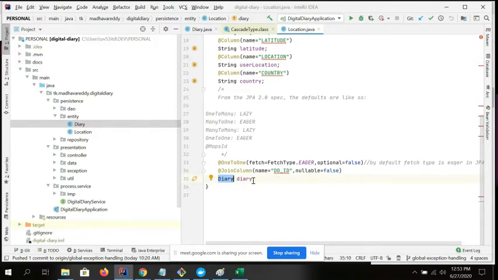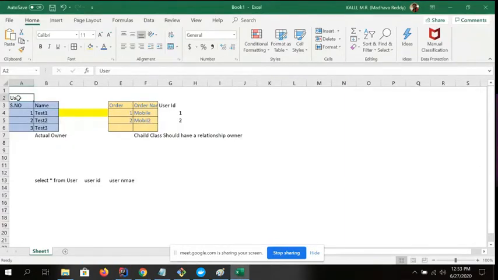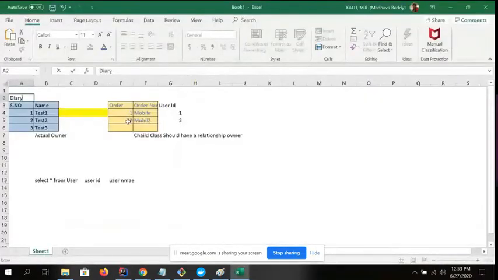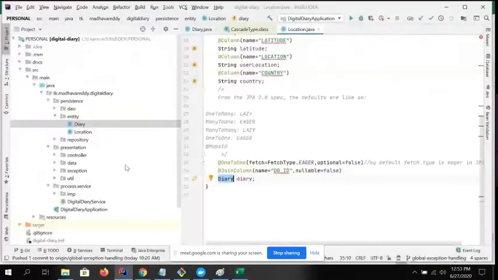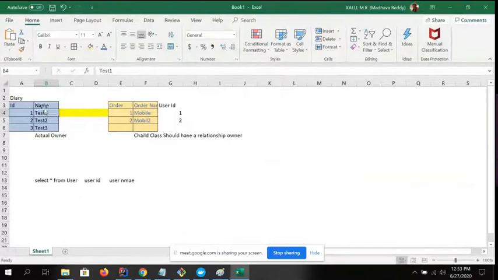Okay, for a clear understanding, I will give you an example. Diary, and I will take only two fields: diary id, and just one other field, content.